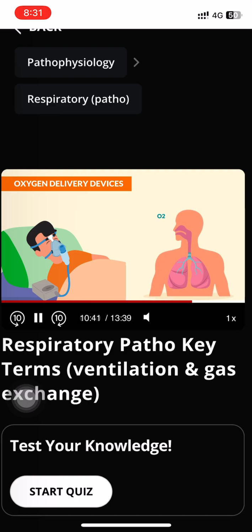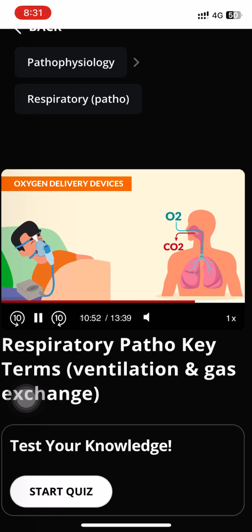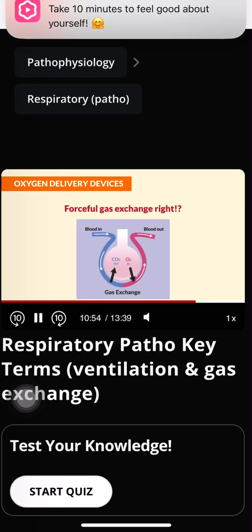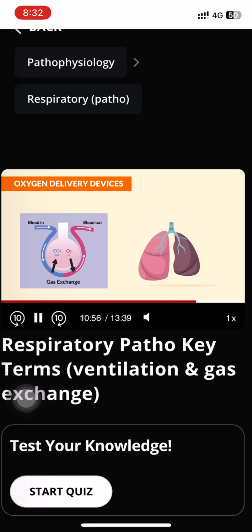So the BiPAP is that positive pressure machine that forcefully pushes air deep into the lungs, giving much needed oxygen while expelling CO2. Talk about forceful gas exchange, right? This is primarily used to prevent respiratory failure caused by low oxygen and high CO2, which is common for clients